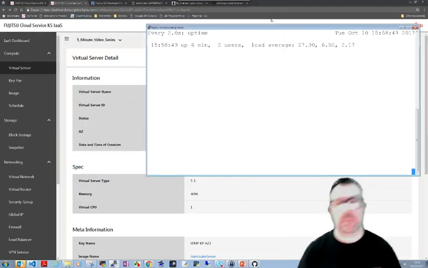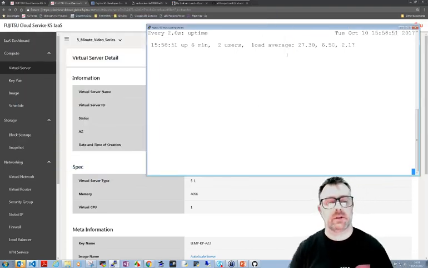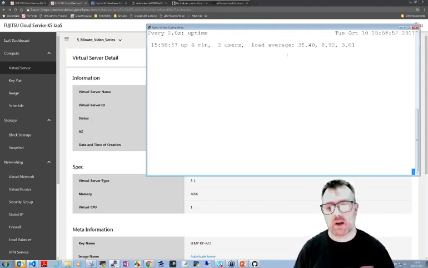And what will happen when it goes beyond 50%, once the alarm is triggered, once it's that way for over a minute, so it's in breach for over a minute, it will kick in and deploy another server. And then another minute later, it'll deploy the next server until such time as the load is reduced on that server. So at 42 now,